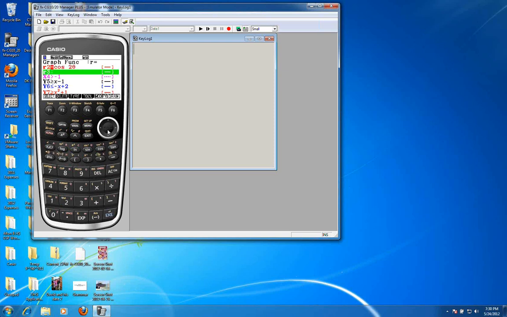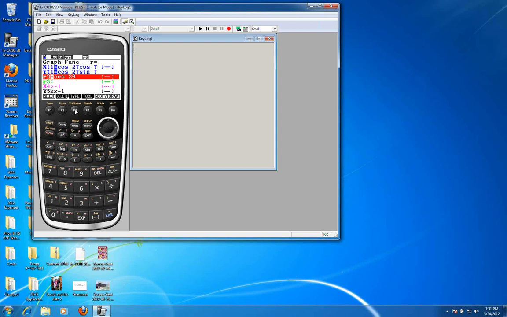In this case, it's theta because I happen to be in that mode. So you'll see on my screen, one of the advantages of this particular calculator is you can plot something in function mode, parametric mode, and polar mode all at the same time. Now, that's exactly the same, and you see a trace over top of it. So let me come down here and make a comparison.